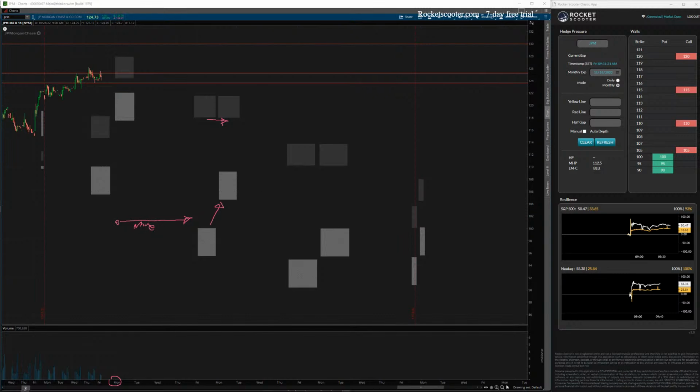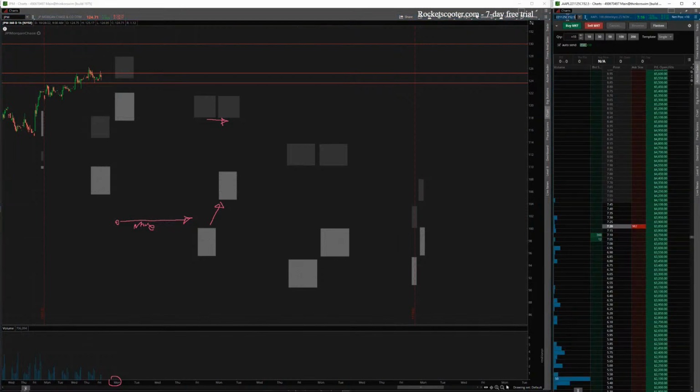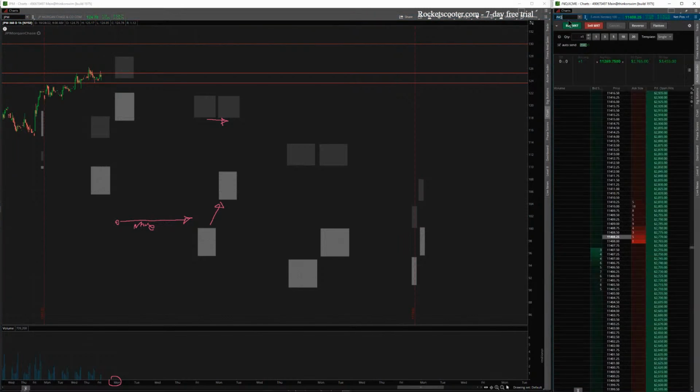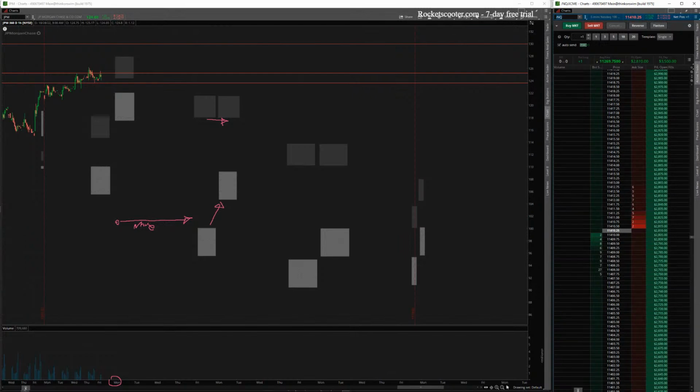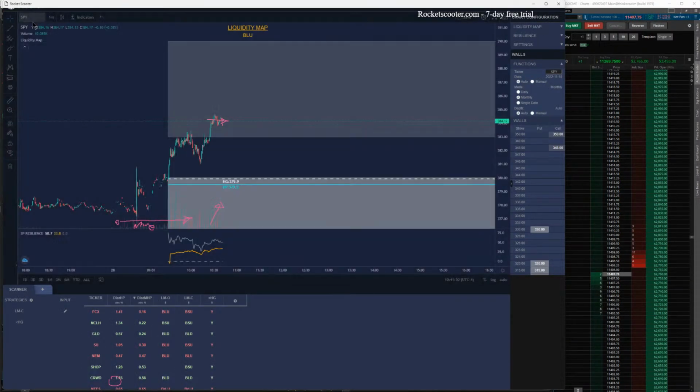Here, let me pick my QQQ. Let me close out my Qs for profit, my scalp, my NQs. My Apples are looking good. Let's get my NQ futures. Let's just flatten this guy. I'll take it. $3,000 on the futures. It's looking good. Let me do Rocket Scooter real quick and look at QQQ's upside limit.